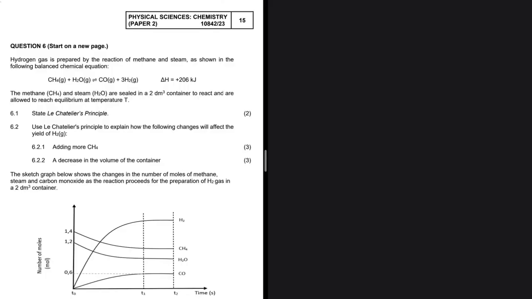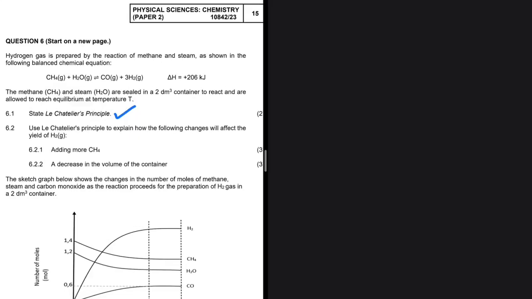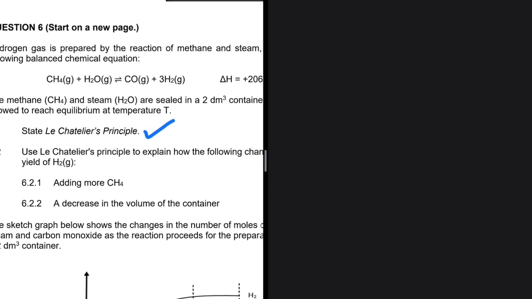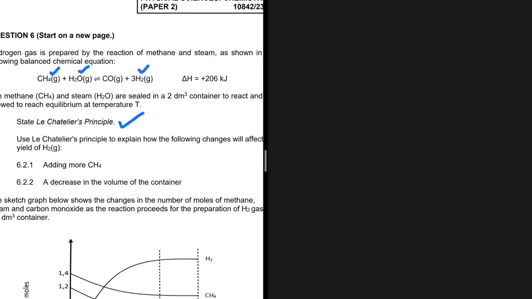When the equilibrium in a closed system is disturbed, the system will reinstate a new equilibrium by favoring the reaction that opposes the disturbance. That is 6.1, Le Chatelier's principle, and we're going to use that to answer 6.2. Hydrogen gas is prepared by the reaction of methane and steam, as shown in the following balanced equation. We can clearly see that we have methane and H2O forming hydrogen gas and carbon monoxide. Okay, and then the question is saying